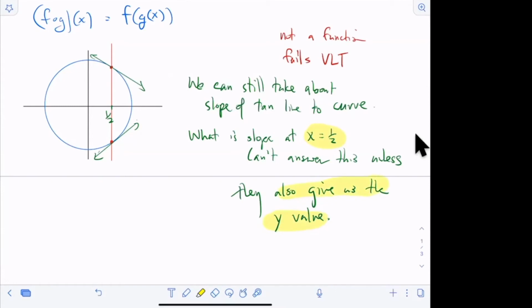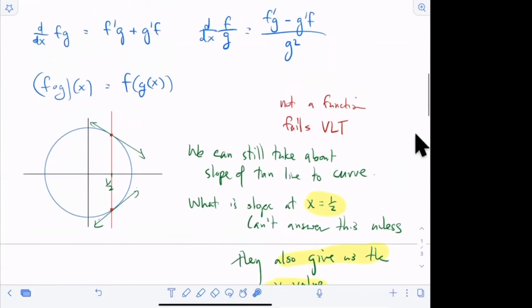So I need the x value, but they also must give me the y value. When you look at something like this, overall, this is not a function. But if you look locally right here, only at this piece, this part is a function. If you were just restricting yourself to this piece, it looks like a function. So if we go to our class notes,